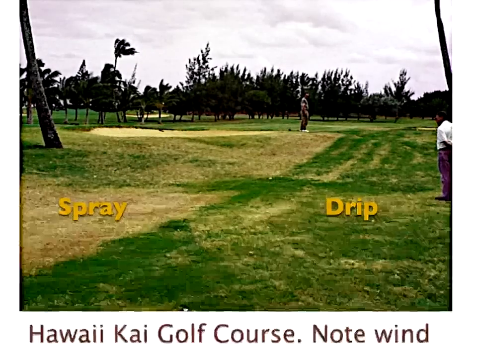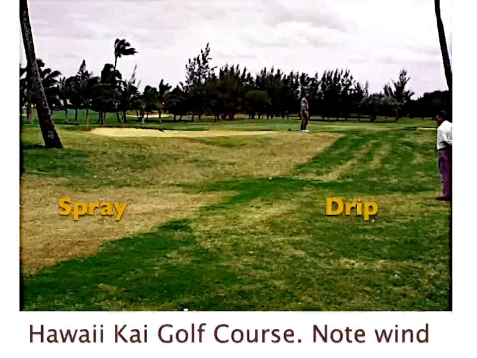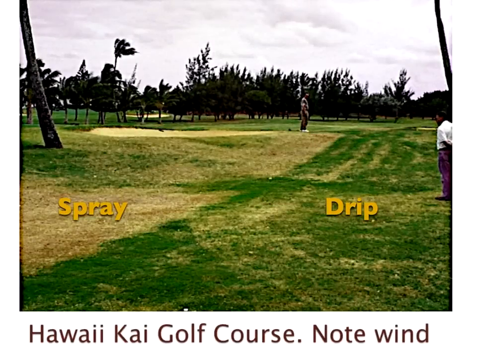Okay, this is Hawaii Kai Golf Course in Hawaii. This is a very old system. I would guess about 15 years old. This is a golf course which is being spray irrigated with tertiary treated effluent. I think it meets Title 22, for those of you who are conversant with California's Title 22, but it is tertiary treated effluent. And they're spraying the field.